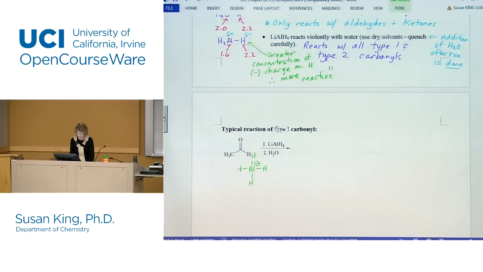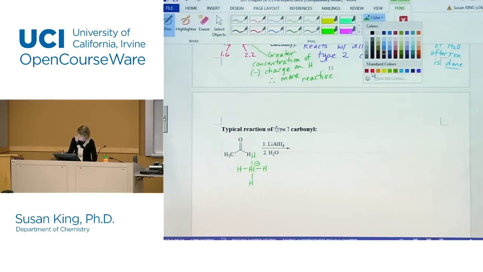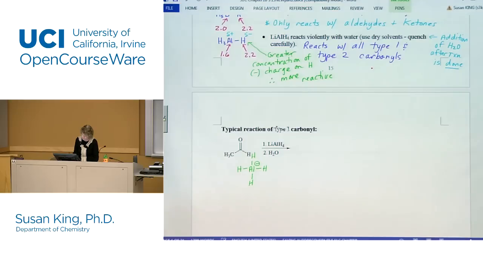What we did with the lithium aluminum hydride in 51B is we had it attack epoxides, right? That was something that we did in 51B. All right, so the arrow comes from one of the 4 aluminum hydrogen bonds. Take your pick. It's going to attack the carbonyl. We're going to kick electrons up onto oxygen. So, addition of hydride